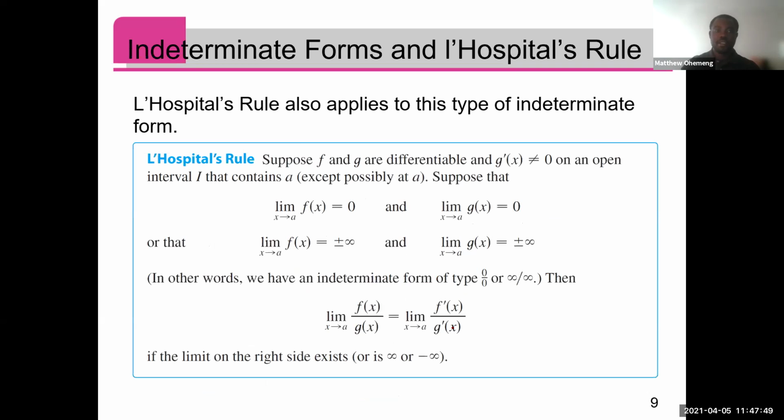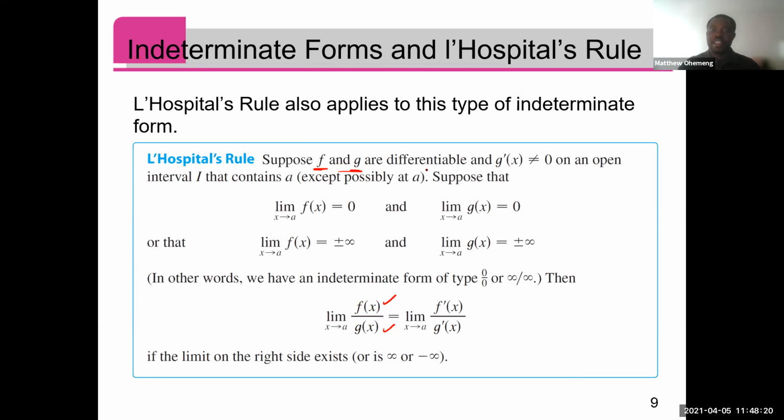So what does L'Hopital say? This is the most important part. This is the definition, L'Hopital's rule. L'Hopital says, whenever you're trying to find a limit and you see that it is an indeterminate form of type 0 over 0 or type infinity over infinity, and you realize that the function f and the function g represent the numerator function and the denominator function, this one and this one,